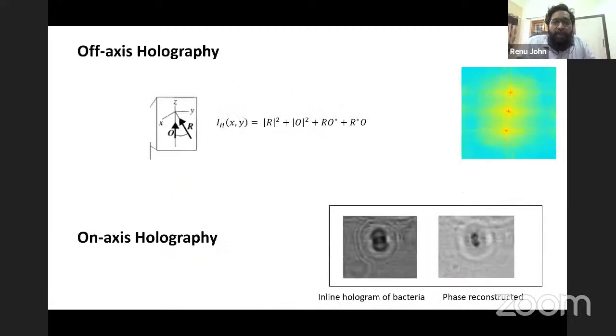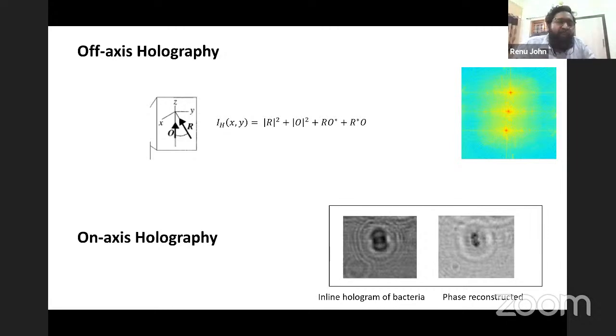So I will move to the basic problem we talked about in the case of off-axis holography, when we have a reference beam and object beam at an angle, which is that you have the three terms which I talked about, the object beam and the conjugate of the object beam. And they are going to take a large area on the detector, which would sacrifice your sensor area. So if you really reduce this angle of the reference beam so that the object beam and the reference beam come very close, or at 0 degrees between them,